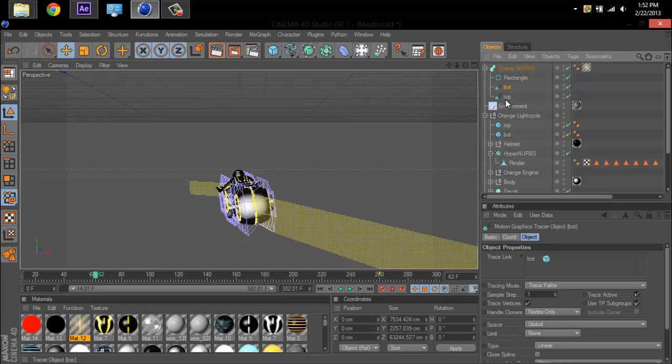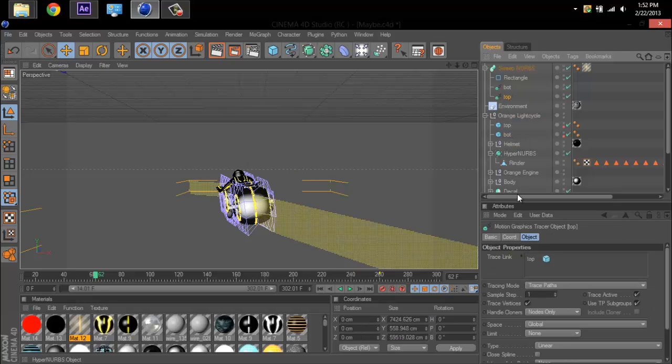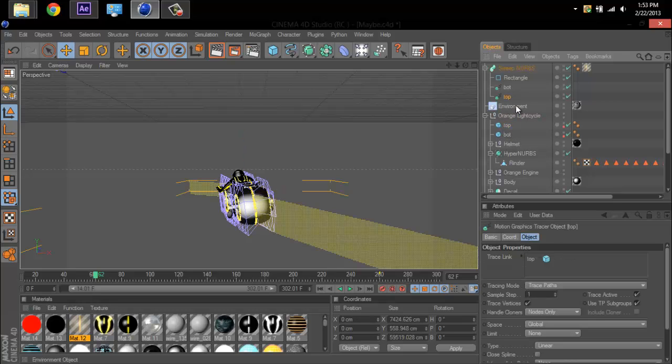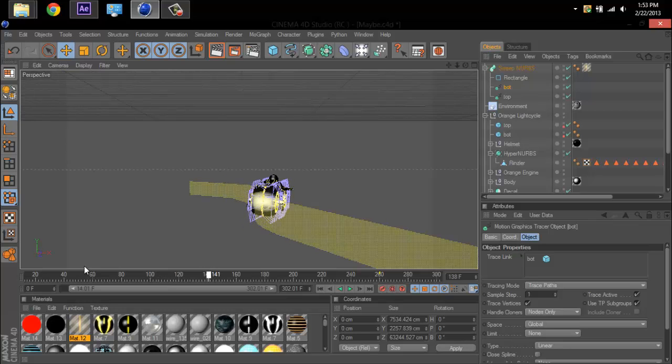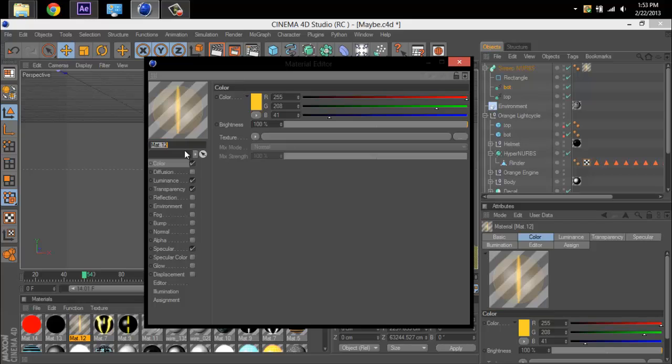And then I got a bottom tracer and a top tracer, and then I set this top box to be the parent of the sweep nerve, or the tracer nerve, or object, or whatever it is, and then the same for the bottom one. And you have to have it in this particular order to get this effect, the tracer lines, I don't know. And then I added this effect, or made this